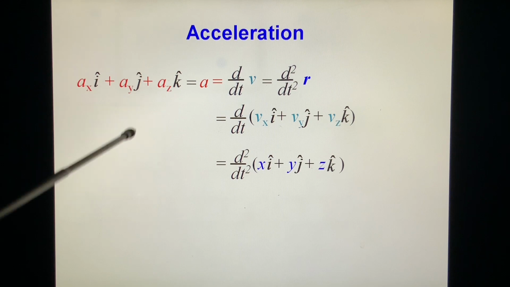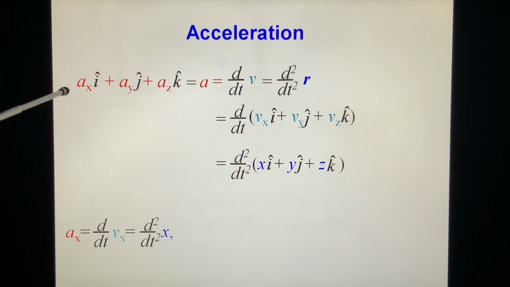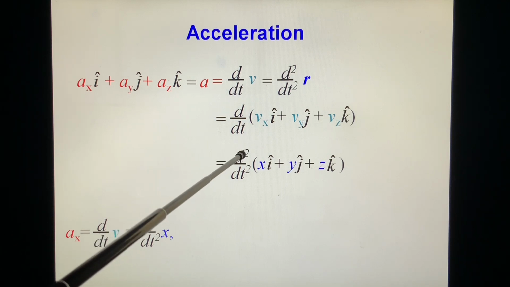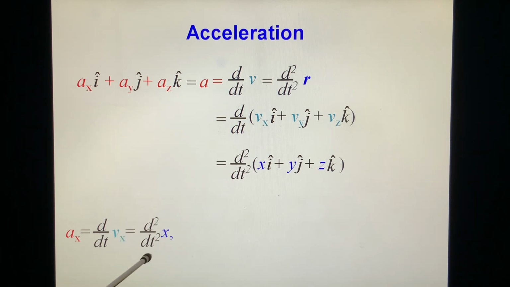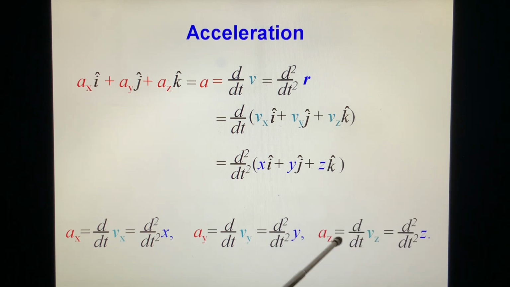Now, we compare the coefficients in front of i, j, and k. We get ax equals dvx/dt, the second derivative of x with respect to time t. And then we replace x with y and z. We get ay equals d/dt vy, or the second derivative of y with respect to time t. And az equals dvz/dt, or the second derivative of z with respect to time t,